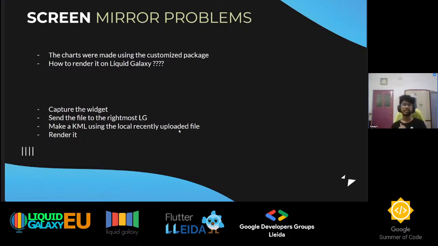That was very confusing. I made the Flutter code very well, and the chart is looking very good, but can I do the same for the KML part? The answer was no. You cannot simply turn Flutter code into KML. But I still had to do it. I had to show those charts in the Liquid Galaxy. So what I did,